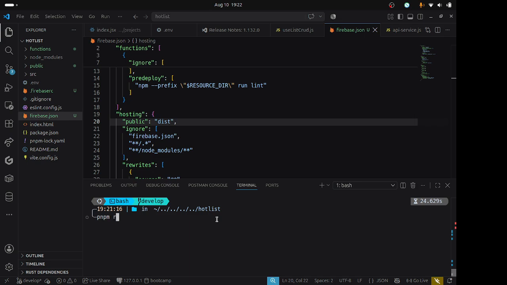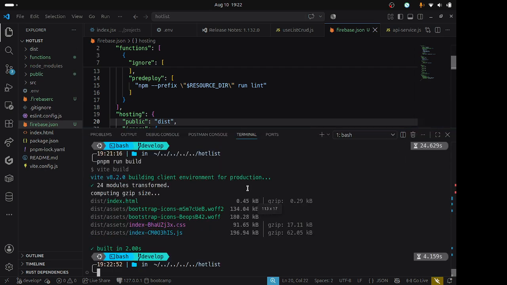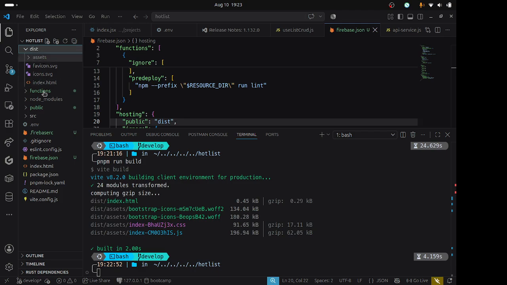So I will just run build, right? For your case you might do npm run build. For my case it's pnpm run build. So what does this particular command do? It converts the React application into a JavaScript application, right? As you can see, it generates a folder called dist, which is this folder, and inside the folder you have